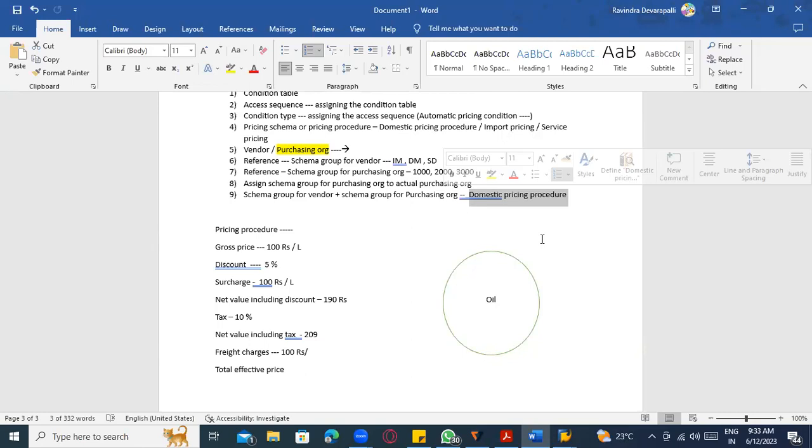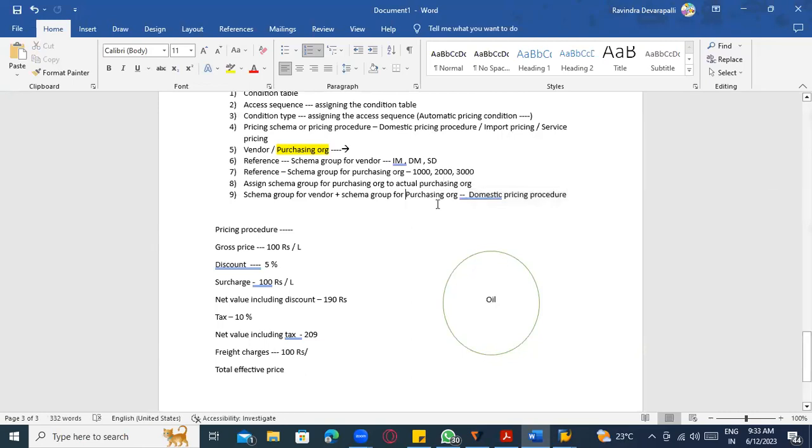Is it the combination condition table? Not condition. I'm talking about the pricing procedure, not the pricing element. Which pricing procedure does the system need to pick up? Is it the import pricing procedure or the domestic one? Is it the tax? Not tax. Schema. Yeah, schemas. So when I'm creating the PO, the system will know which purchasing organization you created,